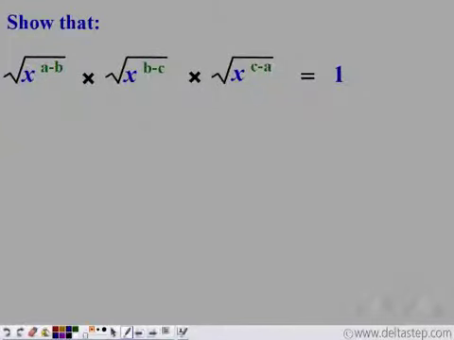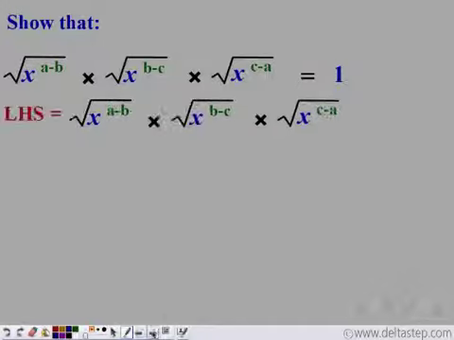Now we need to prove that this is equal to 1. So let us take the expression on the left hand side and simplify it to see whether it gives us 1 or not. So this is the expression on the left hand side. Now root over x to the power a minus b means that (x to the power a minus b) whole raised to the power half